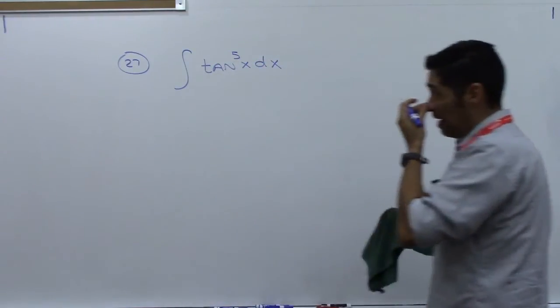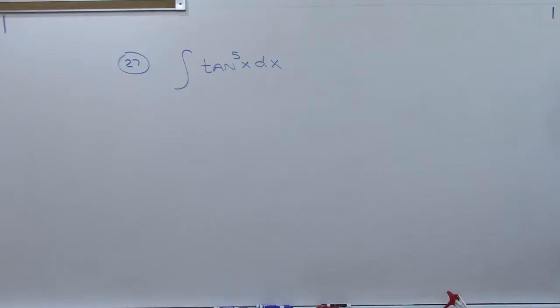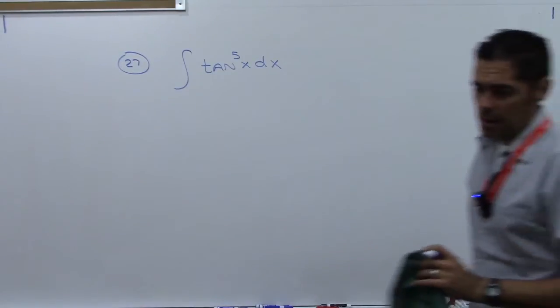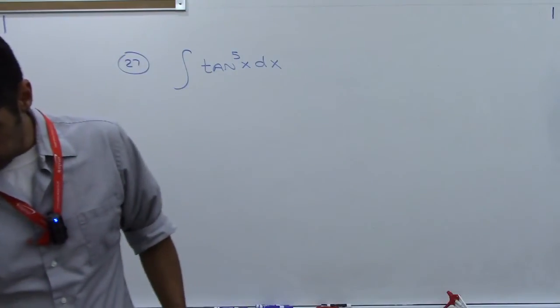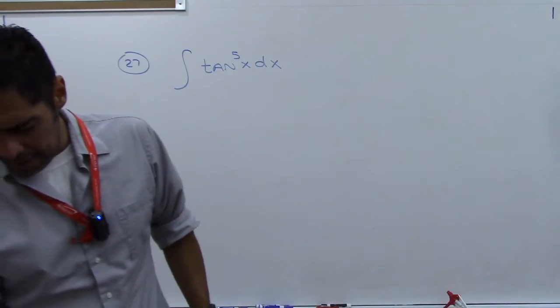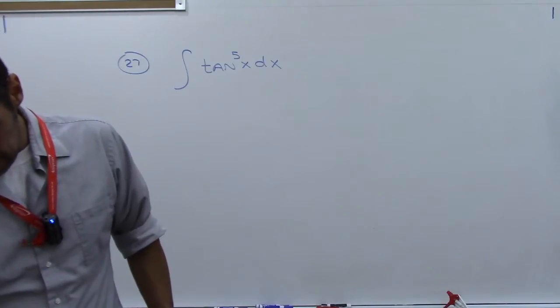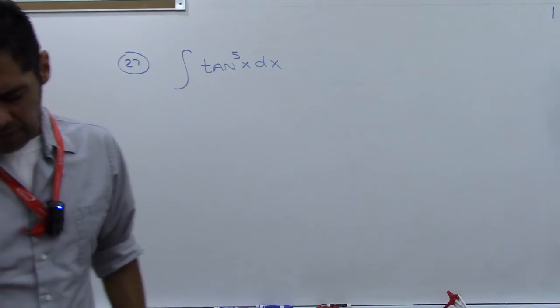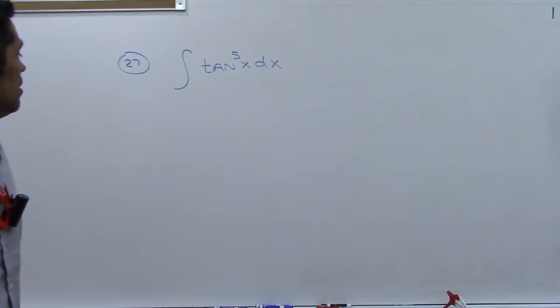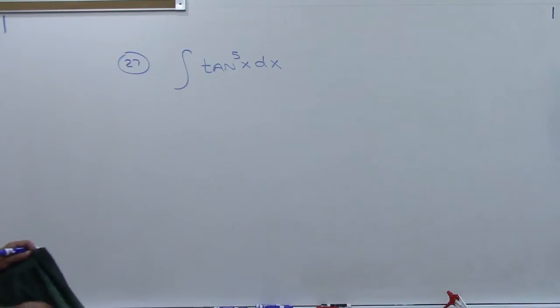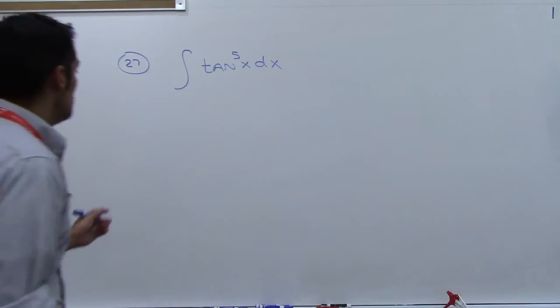All right, so we don't have any secants here at all. Because we don't have any secants, let's see what the rule says: if tangent is odd, save a factor of secant tangent. Well, I don't see a factor of secant, so how am I supposed to do that? There's a couple of ways you can do this problem, but